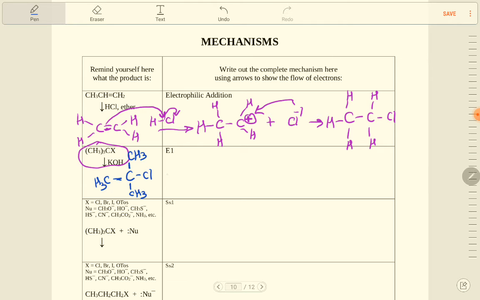CH3. Step 1. It's slow, it's the rate determining step. It forms carbocation. Alright, so you know that carbocation forms. And then step 2 is fast,